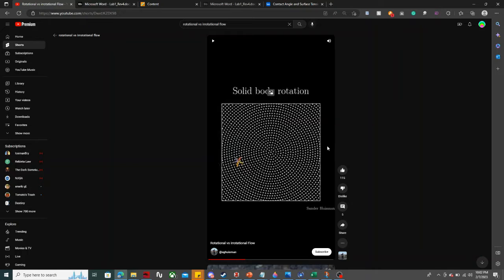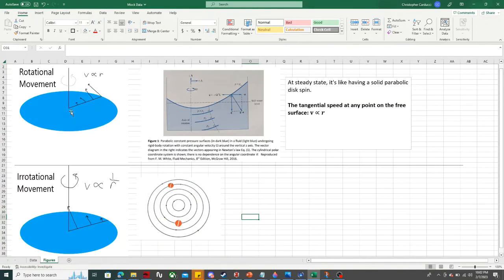Rotational flow, you can think of it like being on a merry-go-round, right? I quickly drew up these sketches. As you move around the merry-go-round, the further out you go, the faster your velocity. It typically scales linearly, or should scale linearly. And in lab, what you have is this parabolic shape that seems to spin. Imagine a disc, but then you carved out this cup in the middle. As you go out, you can see how the slope gets more and more horizontal,